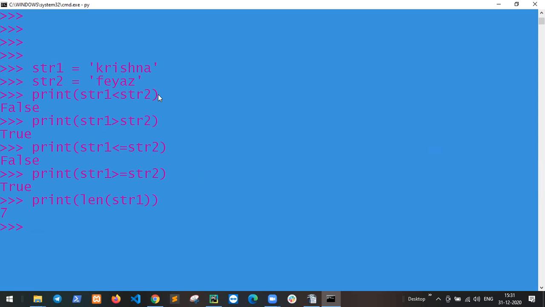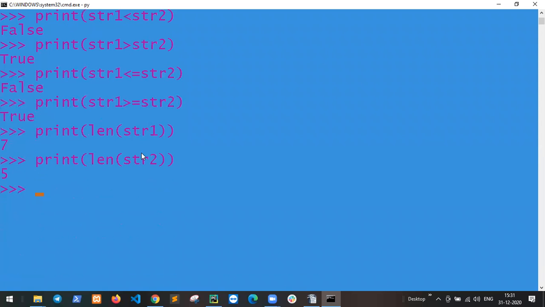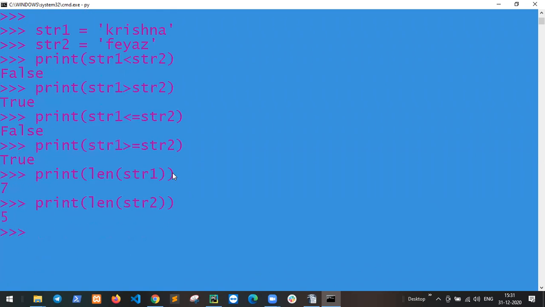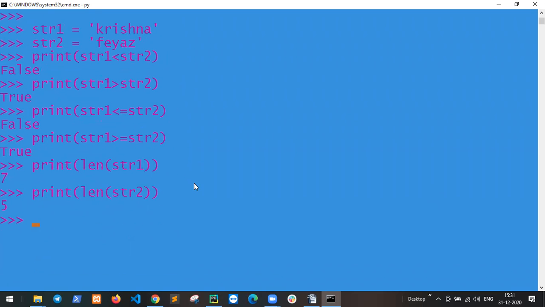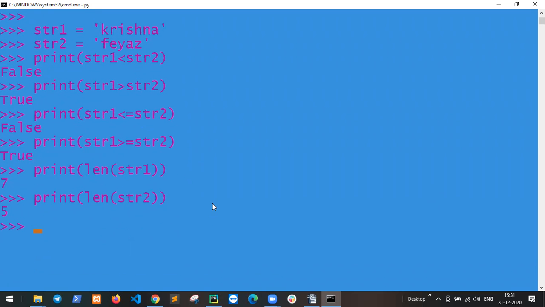If you want to check how many characters are in the string, use len. Len means length. So len of str2, 5 characters. Got it?